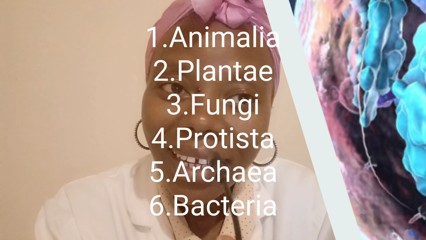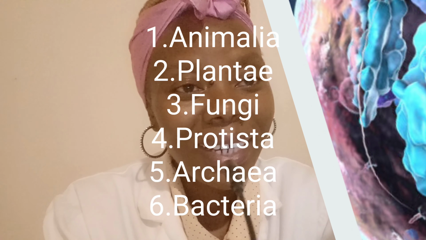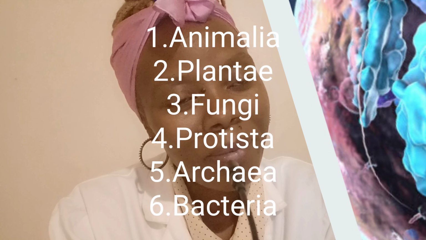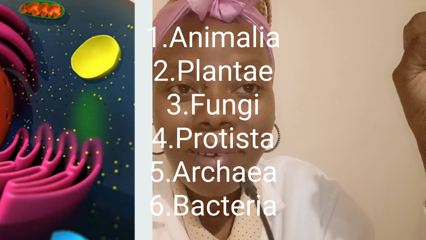All right. What else do we need to know about a cell? So we have defined a cell. We have also talked about the cell theory. I've also told you a little bit about the six kingdoms that we have. Actually, we have 6 kingdoms, you guys. We have kingdom Animalia, we have kingdom Plantae, we have kingdom Fungi, and then we have kingdom Protista. We also have kingdom Bacteria, and we have kingdom Archaea.